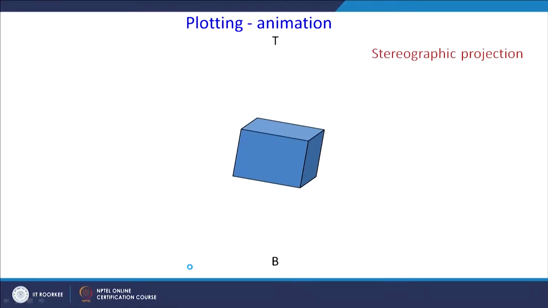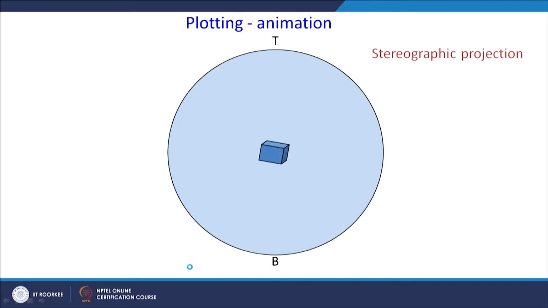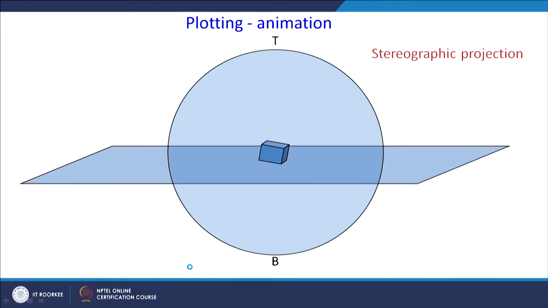So, basically you have a unit cell like this, then I am taking a very tiny unit cell, and there is a sphere around the unit cell, and I am taking a plane which is passing through the center of the sphere. Okay, and this plane I am calling an equatorial plane, which is dividing this sphere into 2 equal parts, 2 hemispheres basically, and let us call one the top hemisphere, another the bottom hemisphere.